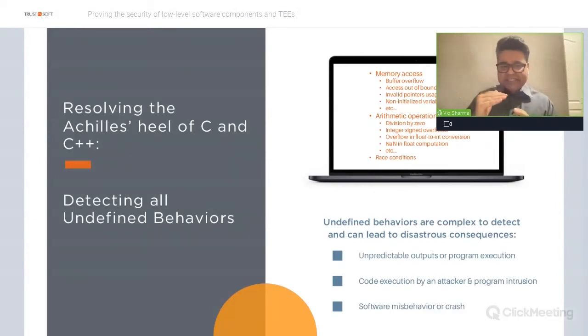So by guaranteeing absence of errors, such as the ones listed here, a buffer overflow, an integer overflow, a divide by zero error, for example, early on in the software development lifecycle, you can address and eliminate potential issues that might arise during runtime. And by mathematically proving program correctness, you can ensure that the code performs the way it is supposed to.